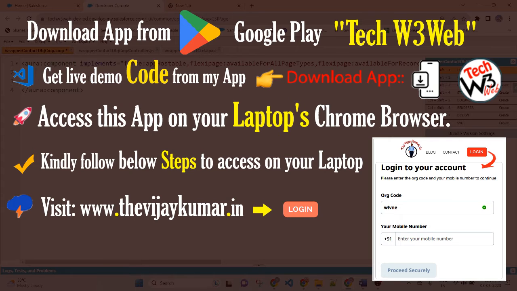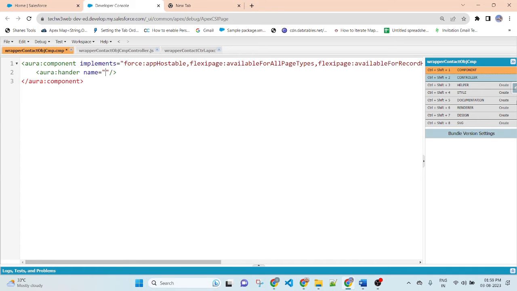In the init function I will apply the wrapper class method, creating an attribute or a handler, name equal to init, value equal to c dot doInit.